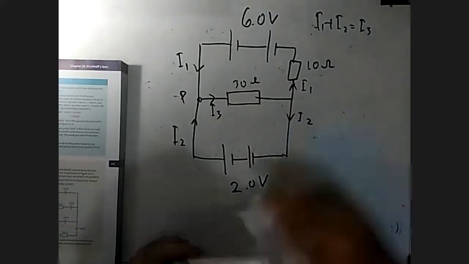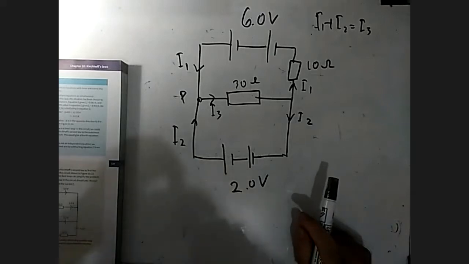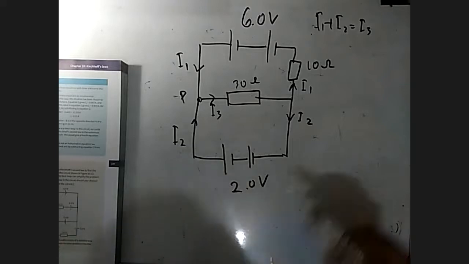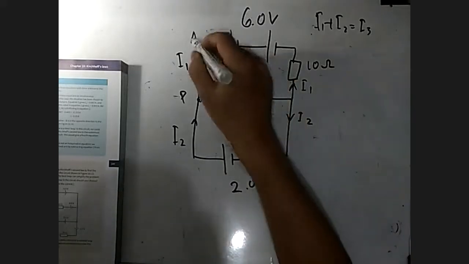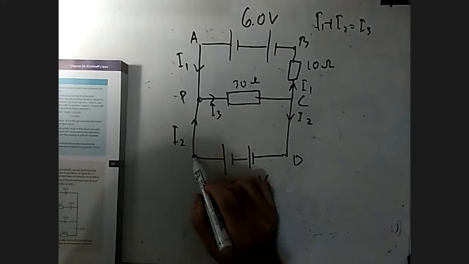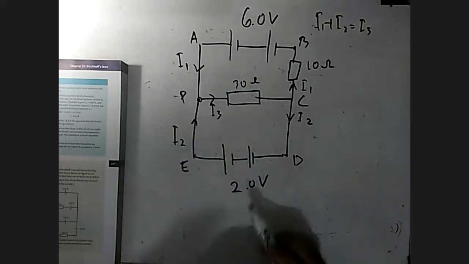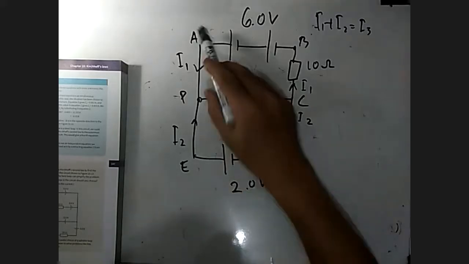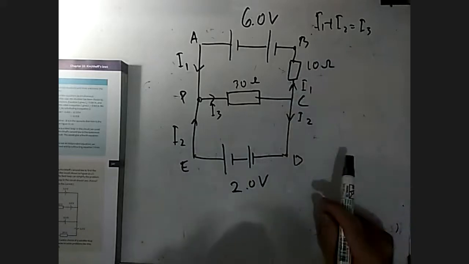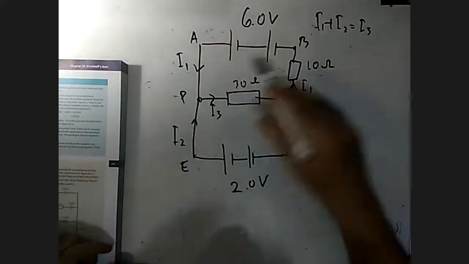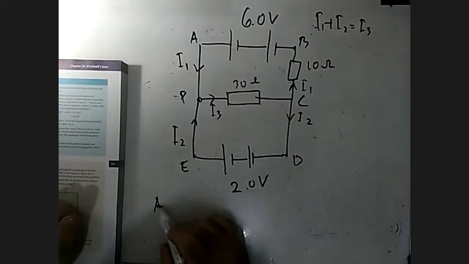Now, we have several loops here. There are 3 possible loops. We can put them here. Okay. I'm going to call the points here point A, point B, point C, point D, point E, and point P. One of the possible loops we have is APCB. That is one of the loops that we can have, APCB. Now, in loop APCB,